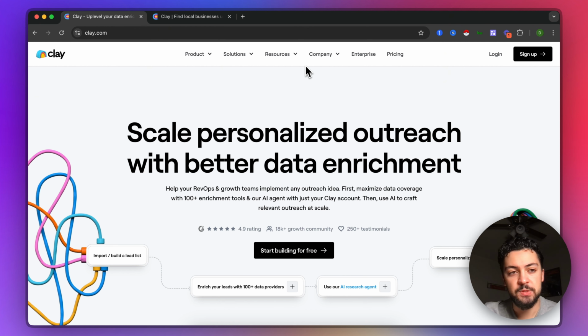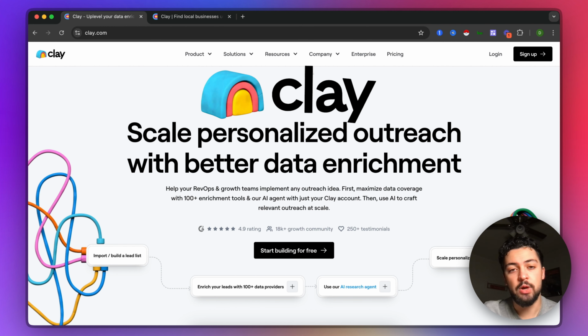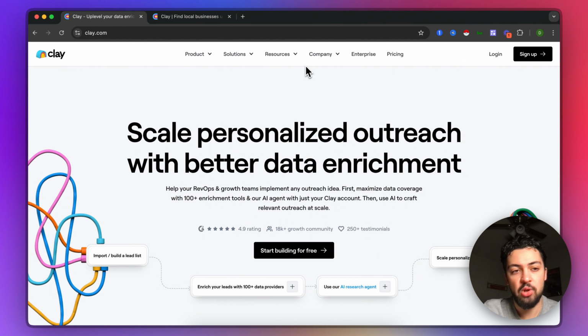So the software that we're using today is clay.com. If you guys don't know what Clay is, essentially it's a platform that consolidates all your data and your outbound efforts into one tool. So what we're going to do is log into Clay here,